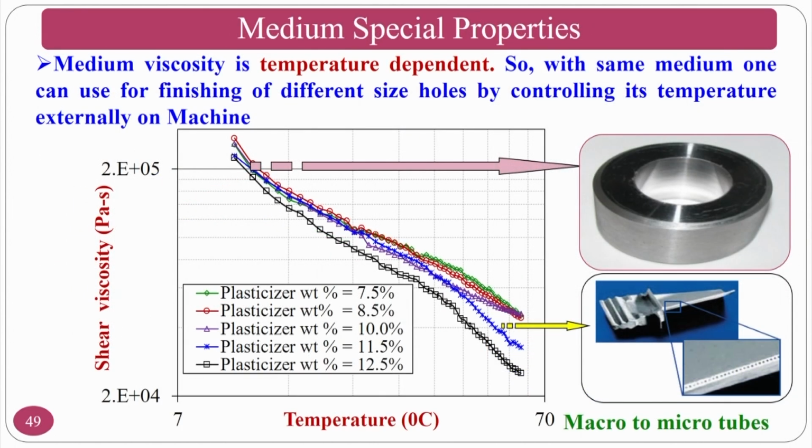Now, some of the applications: assume that you have procured the medium. Today your application is you want to finish a cylinder whose diameter is 100 mm. Tomorrow, if you want to finish a workpiece material of 1 mm or 2 mm, how to do? At the same time, magnetorheological finishing processes control or manipulate the rheological properties by an external magnetic field.